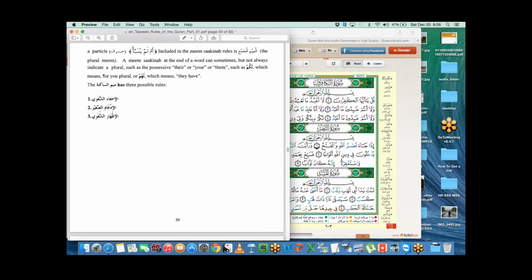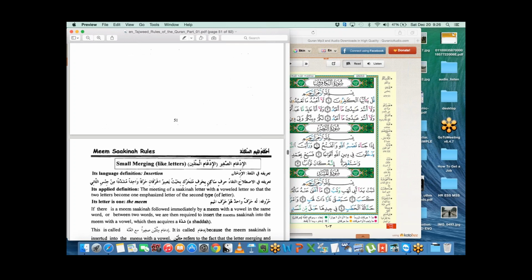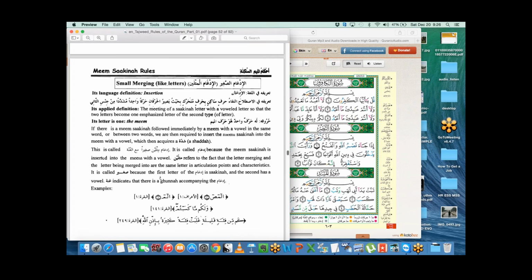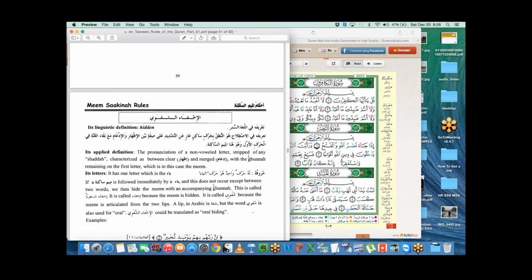So the way this works is if a meem is followed by a ba, you basically have to do ghunna, and shafawi just means it's made through the lips, because meem is from the lips. Idgham al-saghir, if it's followed right after another meem, so you have meem followed by a meem, you will make idgham, you will join them together, and you will apply a shadda.